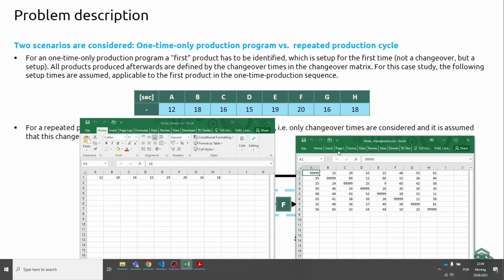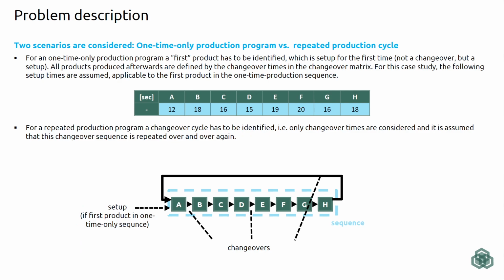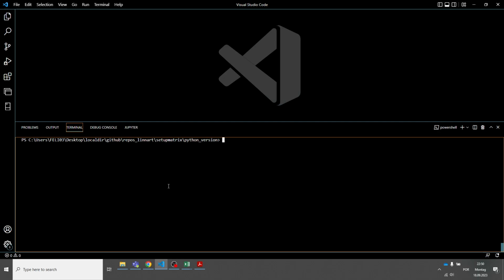But as I said, if you go to the downloadable model description, you will see how to define this mathematically and how to add these constraints in a mathematical model so that it is ensured that there are no changeovers that you do not want. In this case, I just wanted to demonstrate how you can use these Python models to get the solution to this problem. For this, I will switch over here to Visual Studio,